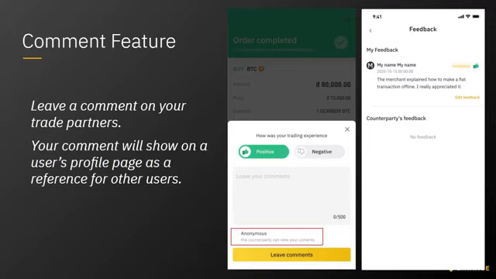You can actually leave a comment after someone buys from you. You can say something like, the merchant explained how to make the transaction offline, I really appreciate it. Or you can say, wow, it was easy to transact. It's called rating, so that someone can know I had a good experience buying from this person. So the next time someone else comes to buy coins, they will prefer that person, because the person doesn't have